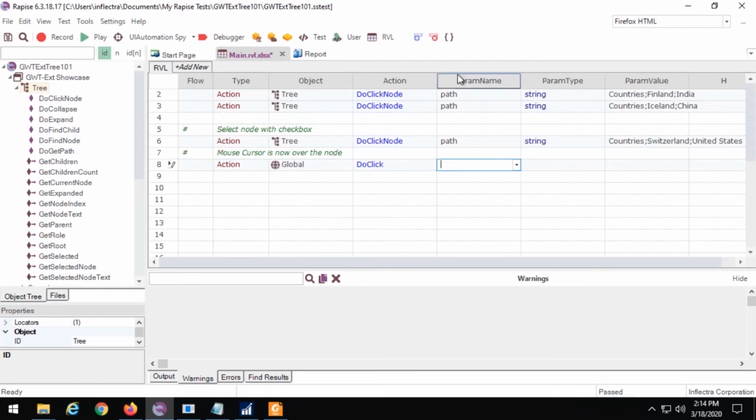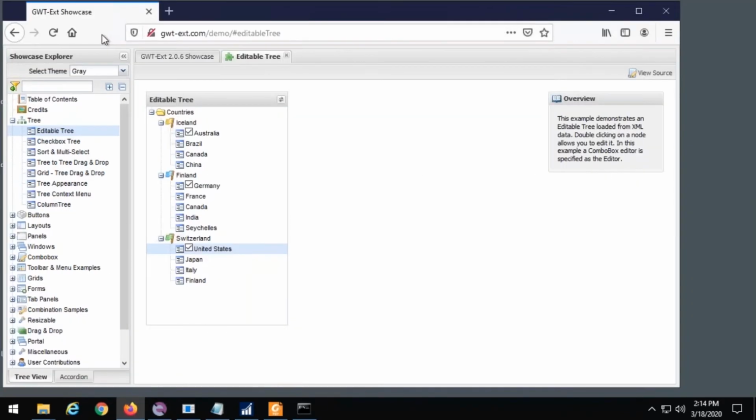And this method do click has an optional parameter, and I may add optional parameters using the param toolbar button. And it's a click type. So click type is L, which means single left click. If I change it to LD, that would mean double left click. So if I now play the same script,